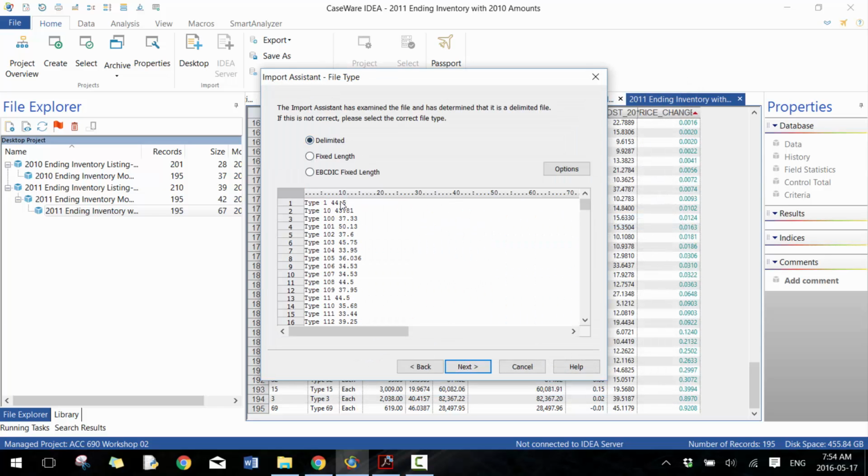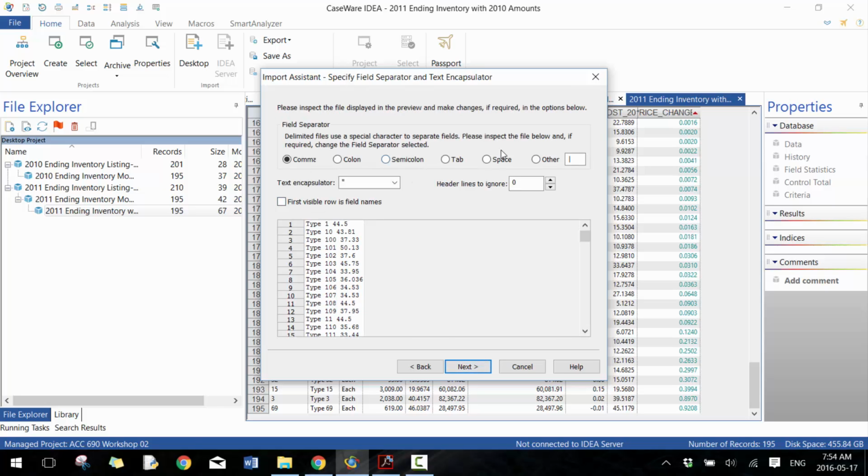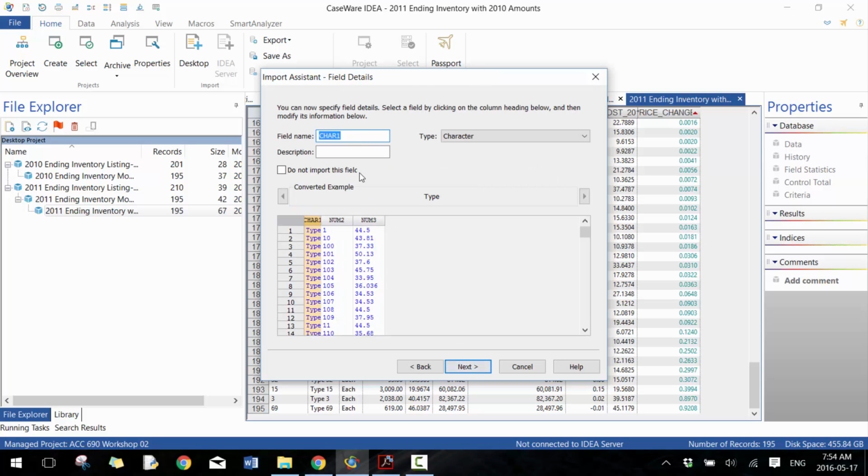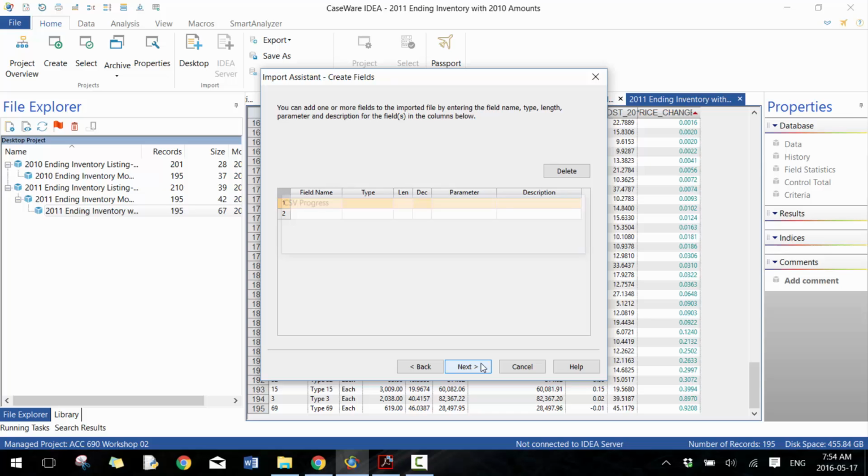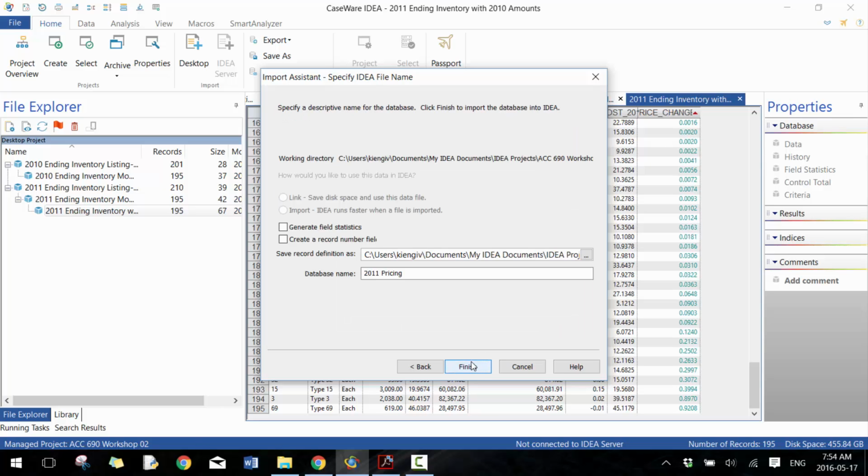In this case, it's delimited. In this case, it's by space. And then there's no field names. So here I'm just going to call this type, leave it as character. I'm going to call this item no. I'm going to turn it to character. And I'm going to put the pricing at 4. And let's call this price. And then